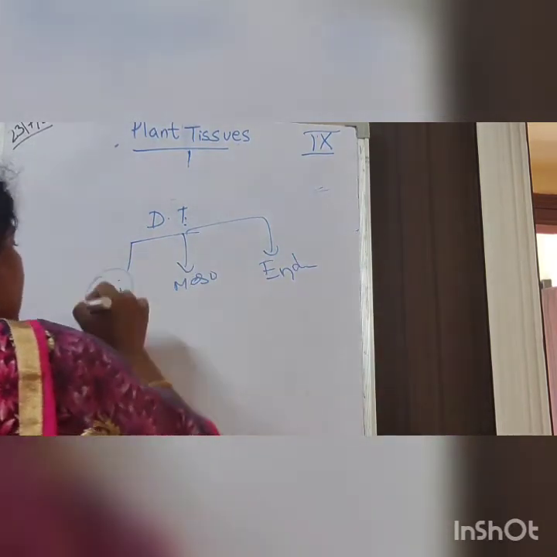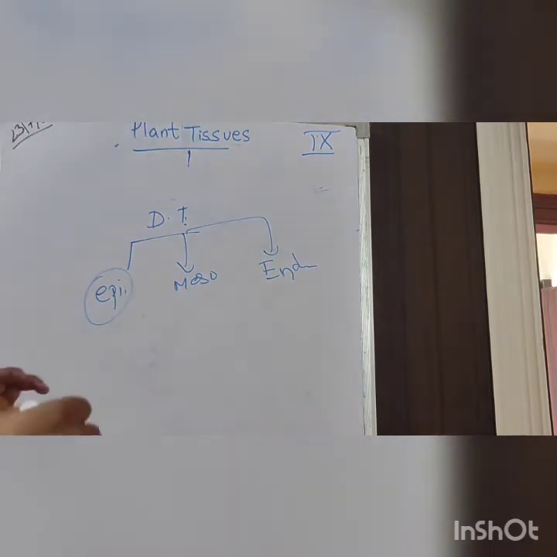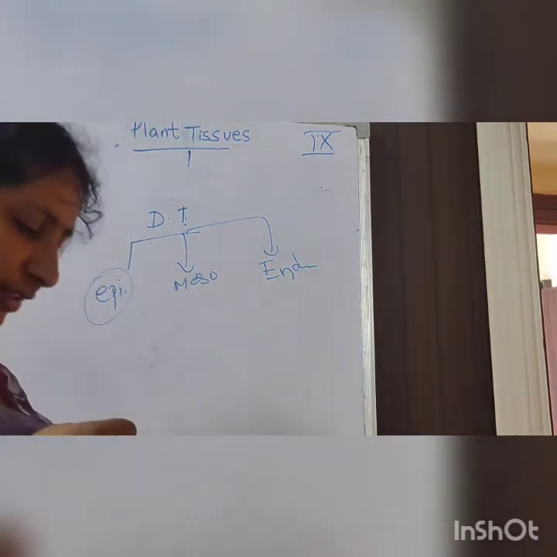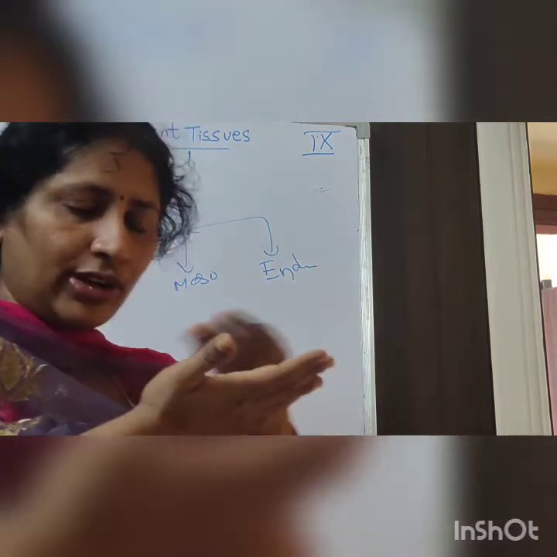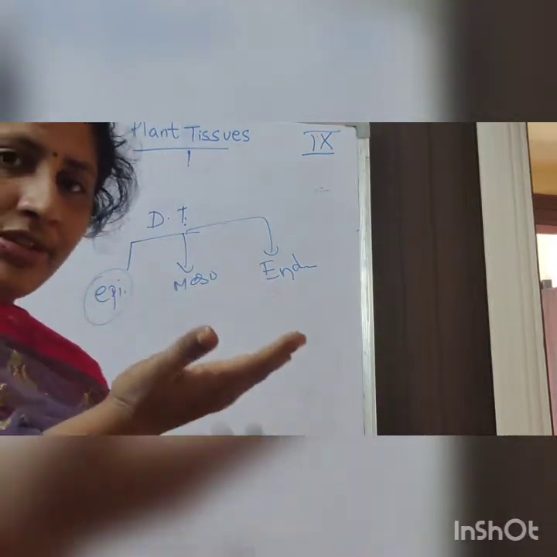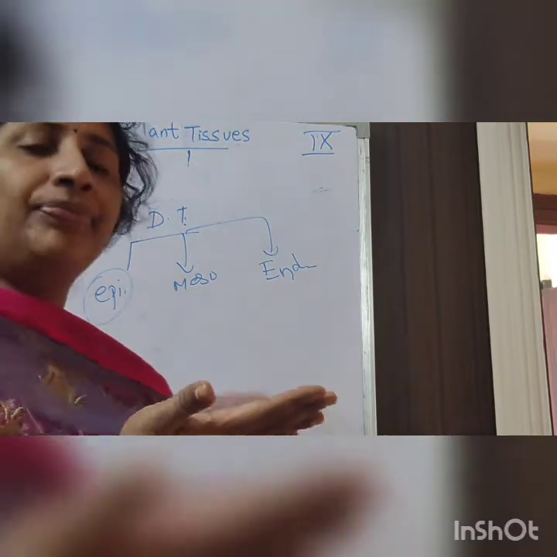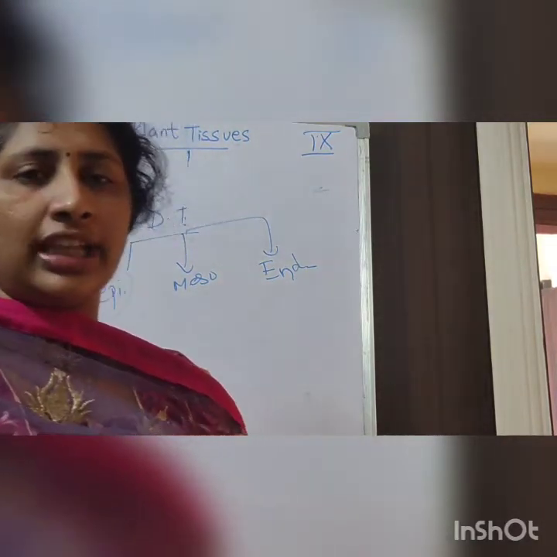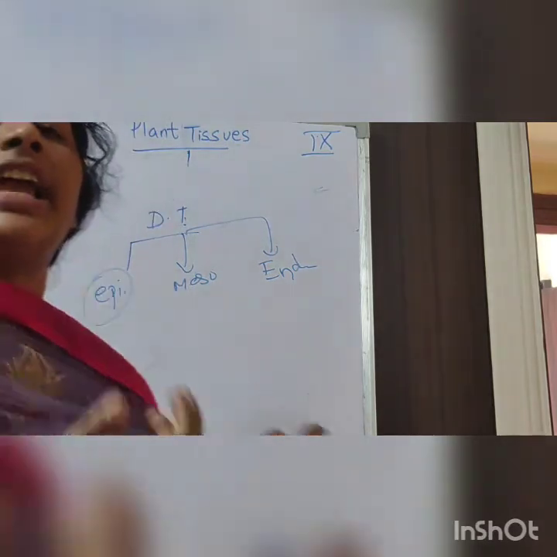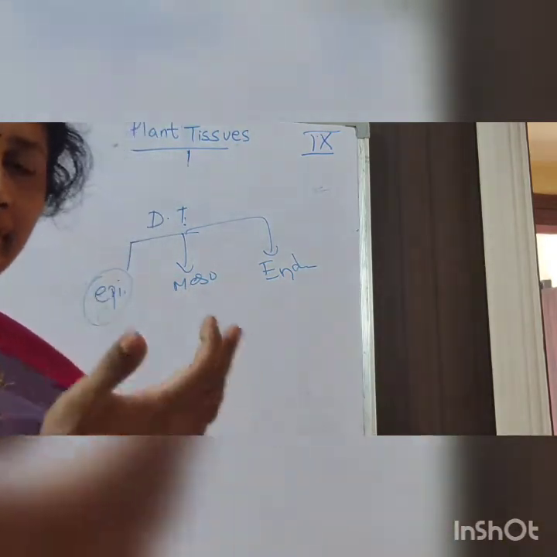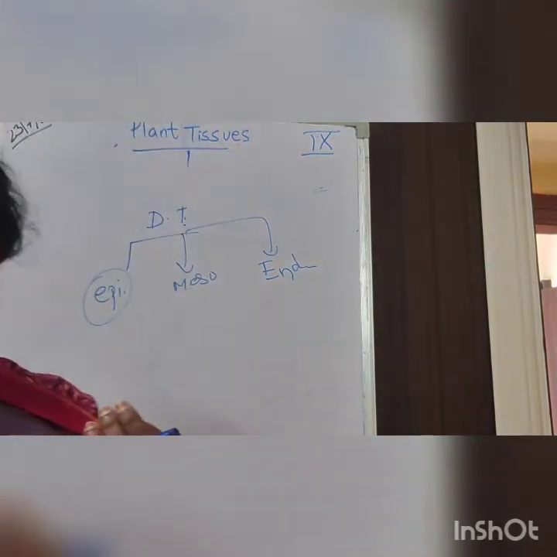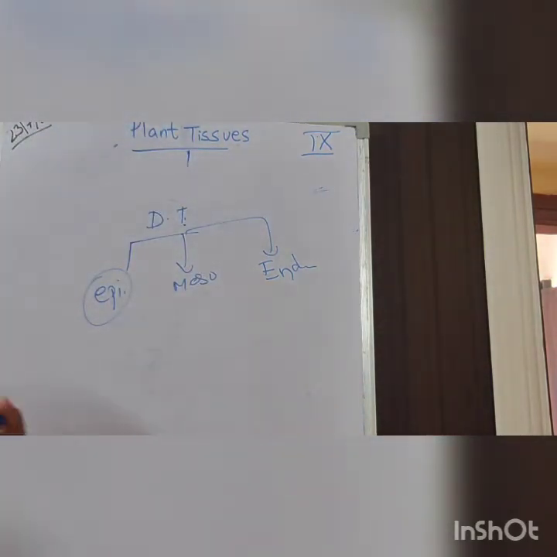So in the epidermis part, what is present? Mostly the chlorophyll is present. I have explained this: the leaves are brighter on the upper surface when compared to the bottom, because the leaves have chlorophyll on the upper surface which absorbs the light. That's why they are light in color when you compare to the bottom. Clear?